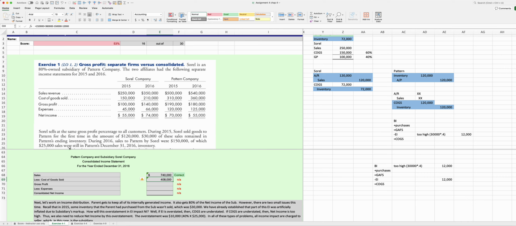This year we have a different situation. This year we have $25,000 in ending inventory, and a portion of that $25,000 has in it a markup, and the markup was of course the 40%. And so 40% of 25,000 in sales,